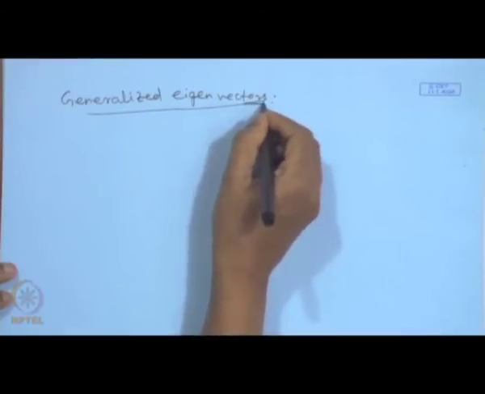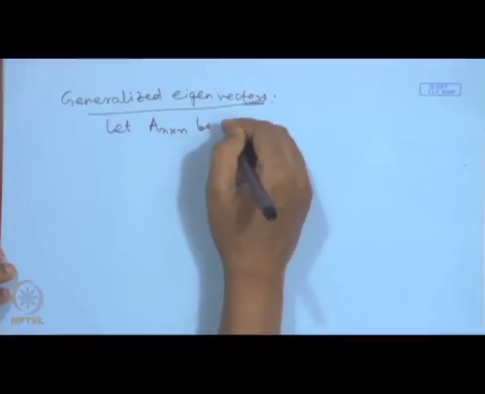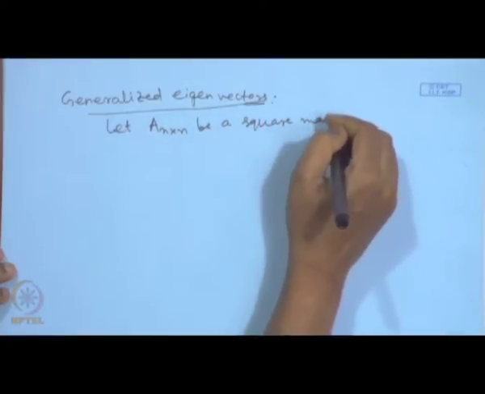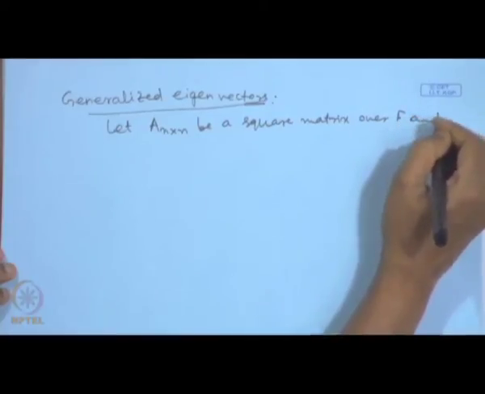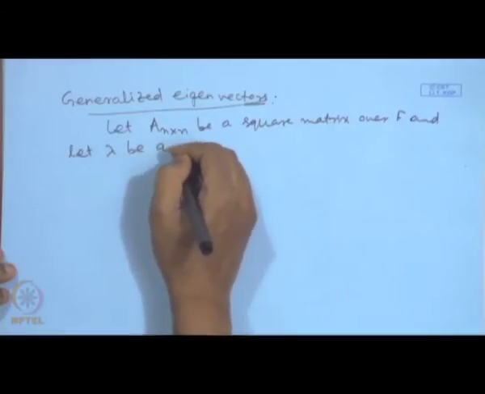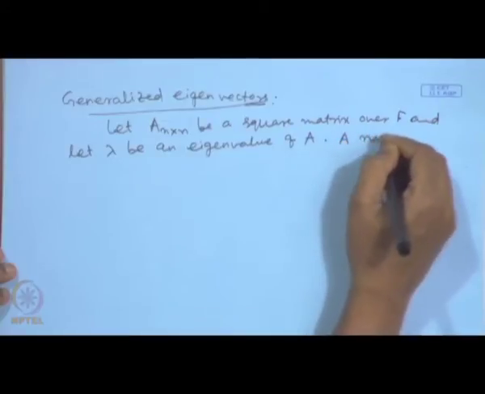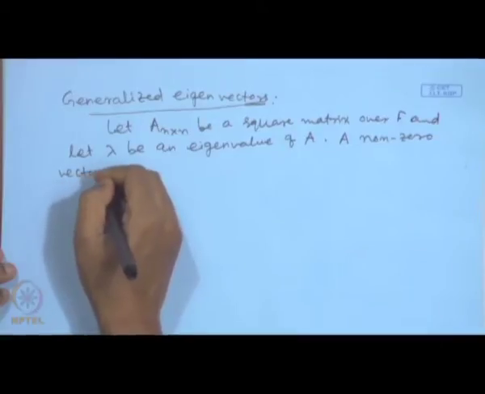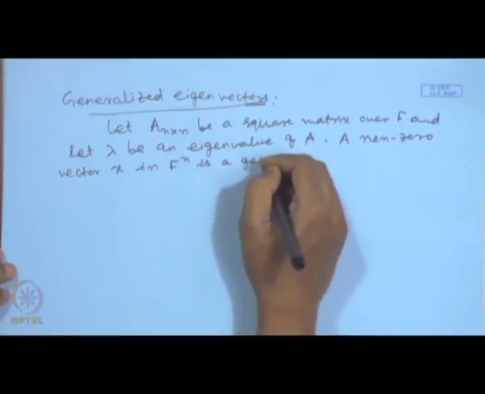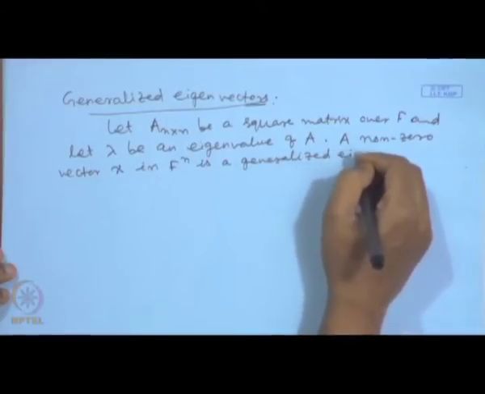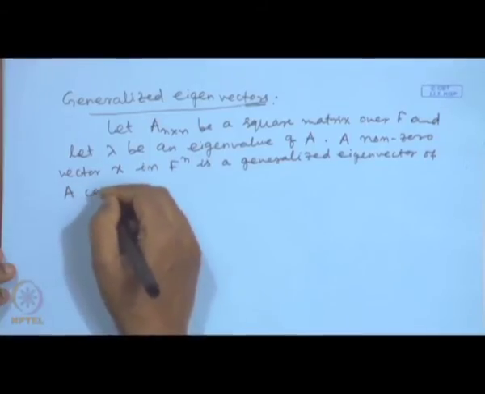Let A be a square matrix over a field F, and let lambda be an eigenvalue of A. Then a non-zero vector x in F^n is a generalized eigenvector of A corresponding to lambda